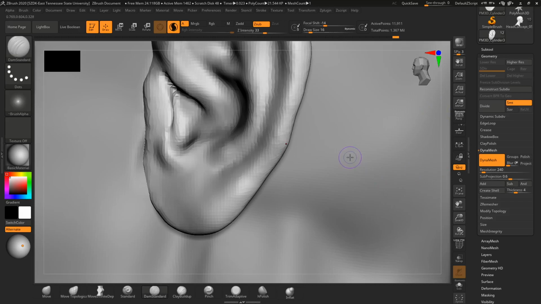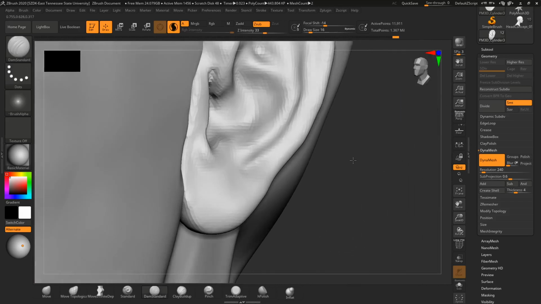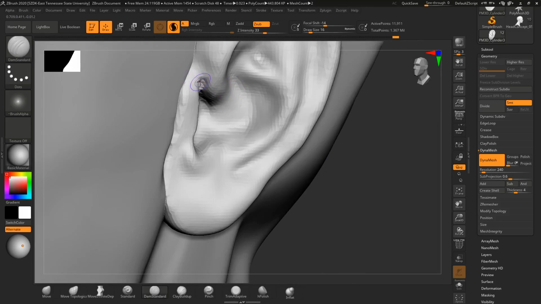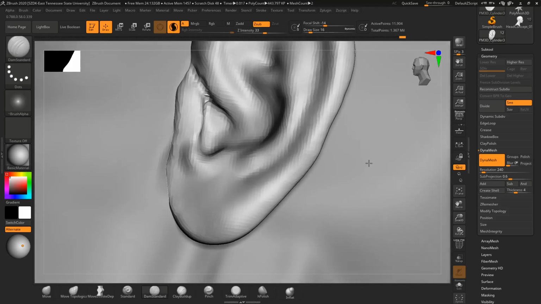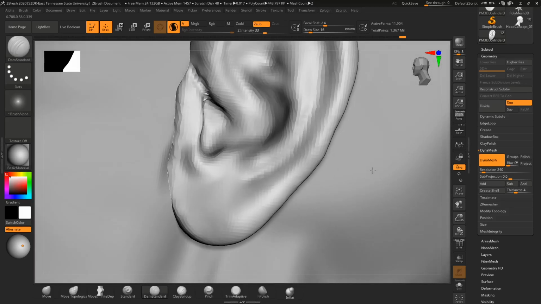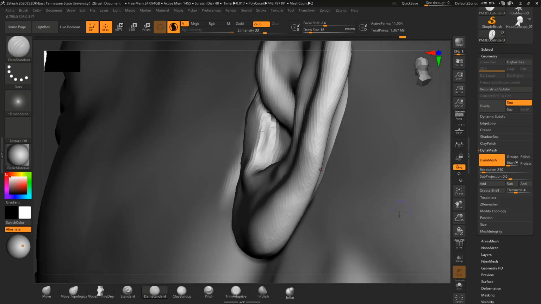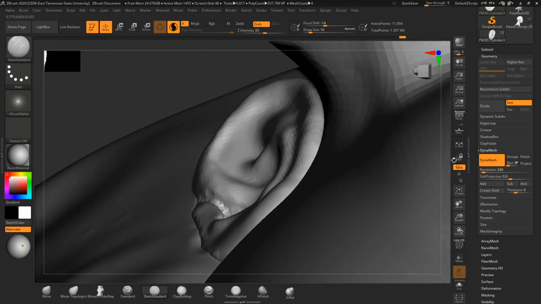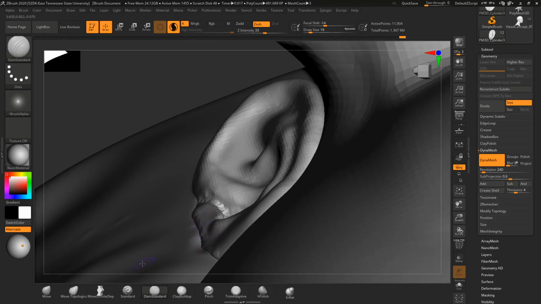tragus, front tragus. There we go. A little more separation. That's it. So now it's kind of separate now. So now the tragus itself is actually thick right here. So I mean, if you look this way, it should be